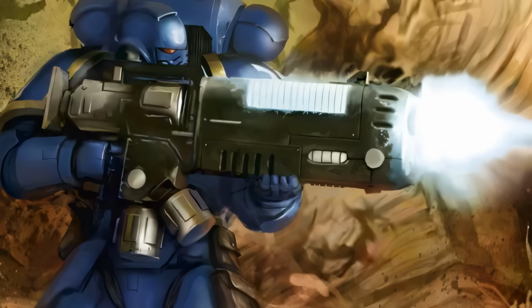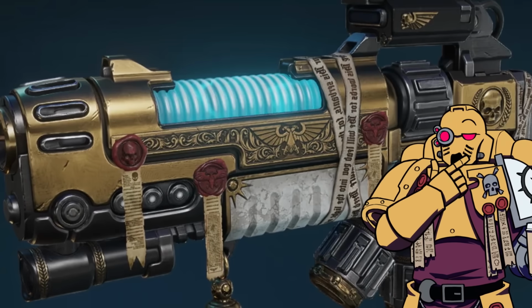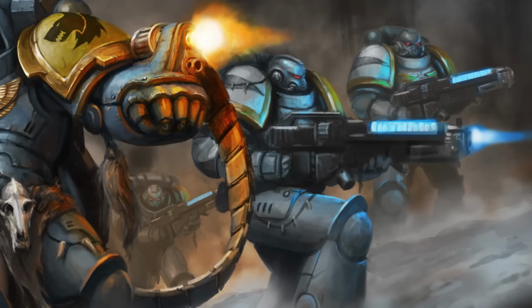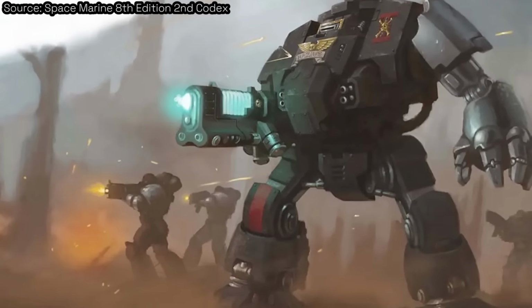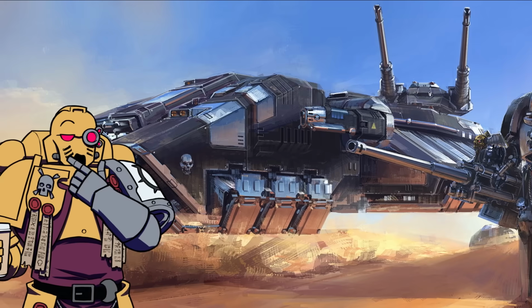The Assault variant of the Incinerator is designed for rapid movements and maximized fire rate, while the heavier variant is designed for long range and low fire rate. Each of these are employed by the Primaris Hellblaster squads. Meanwhile, the Macro Plasma Incinerator is the vehicle variant, mounted on Redemptor Dreadnoughts, Repulsor Executioners, and even the super heavy